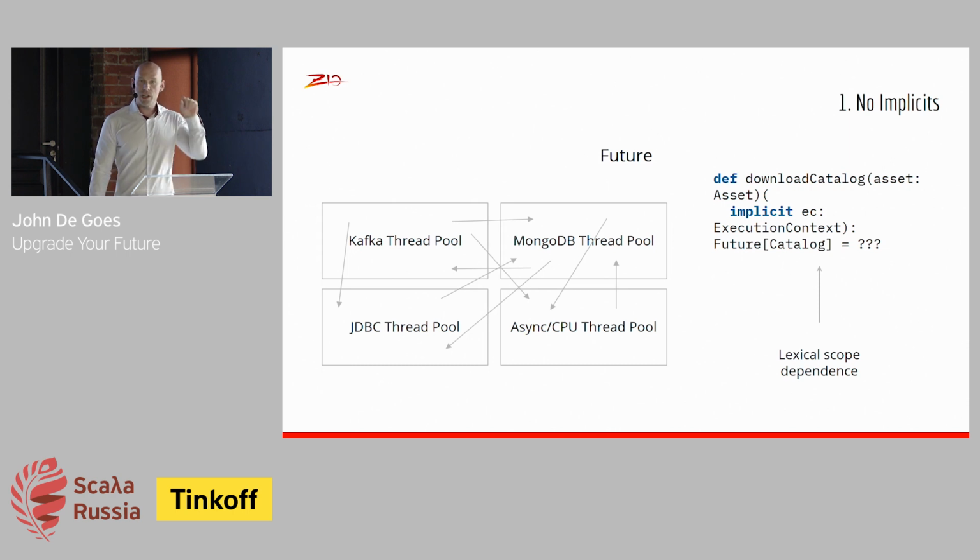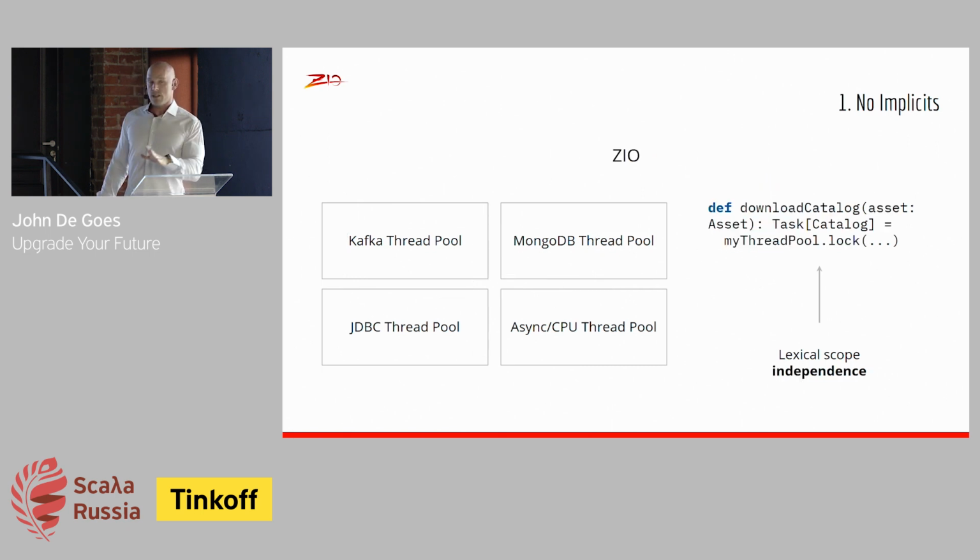Not only that, you can change an import at the top of your file, and suddenly your Future is off running somewhere it shouldn't be. And this bites people in production. They copy paste code, they move stuff around, they do some seemingly benign refactorings, they change an import statement, and suddenly they've got the wrong code running in the wrong location that's leading to exhaustion of some resource or deadlocks or other sorts of very hard to diagnose problems. And there's none of that with Zeo.